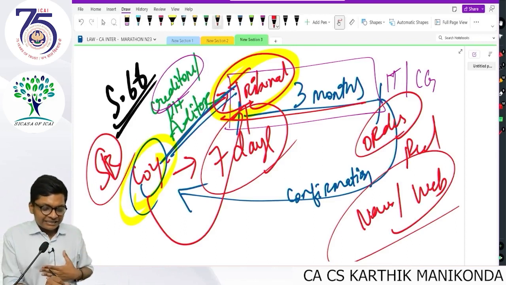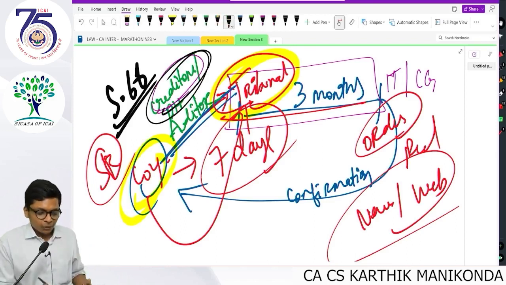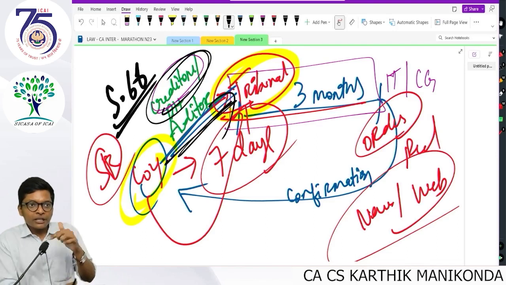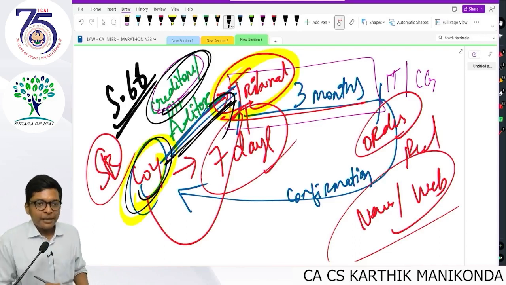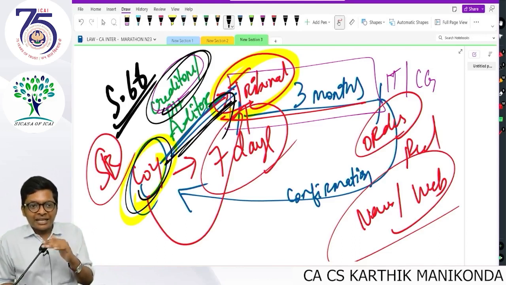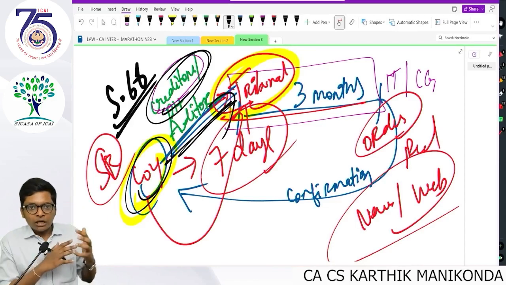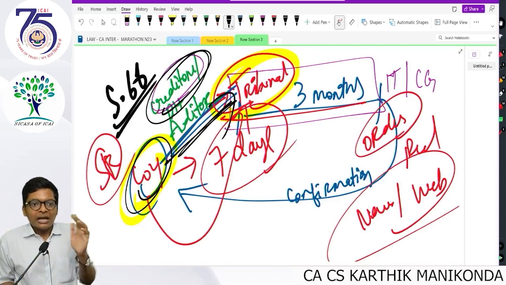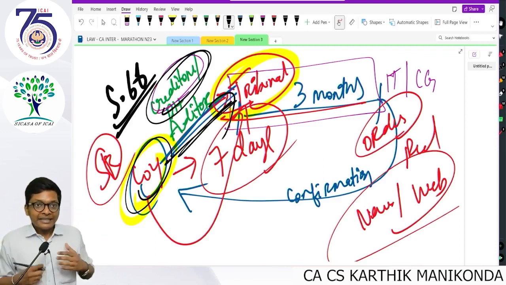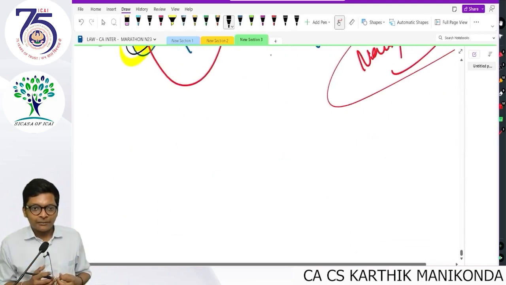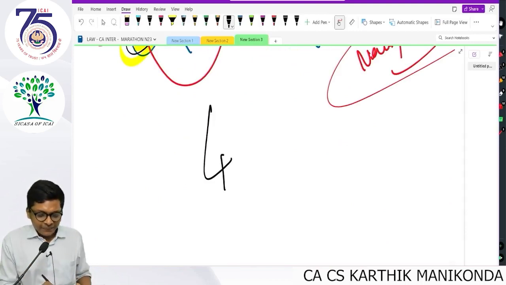If any creditor's name is missing when you submit it to tribunal, I forgot to include some creditor's name, intentionally or unintentionally, who is liable? The company and the members are liable to compensate that creditor. If company is already wound up, I will still call you as if company is not wound up, asking you to pay. Intentionally fraud, sir, I intentionally did not include some creditor's name. Then the members or the concerned directors, officers are liable under section